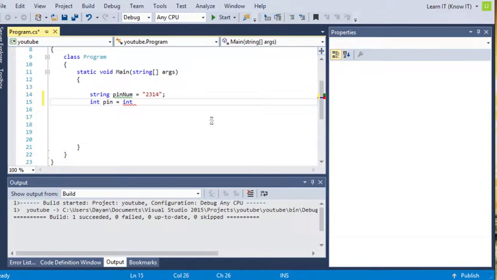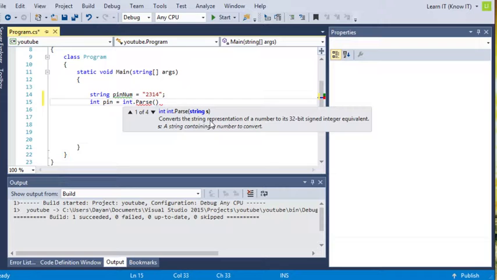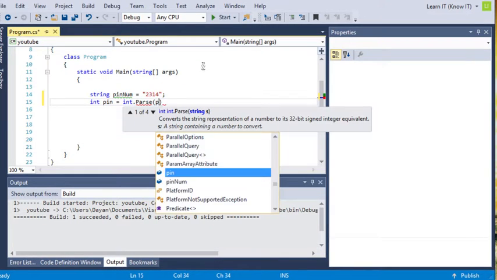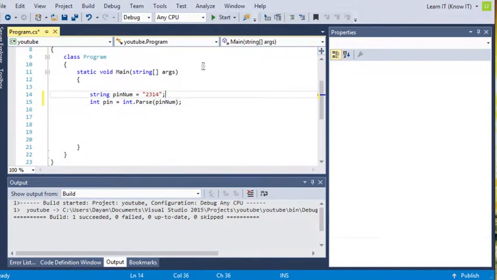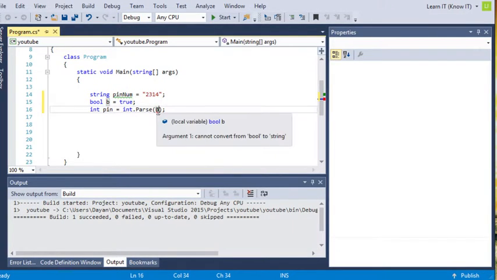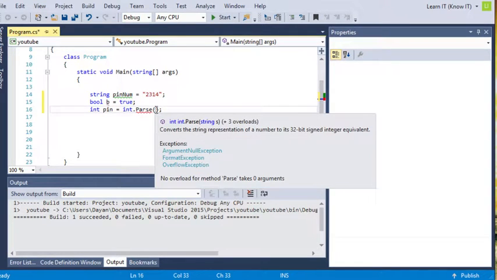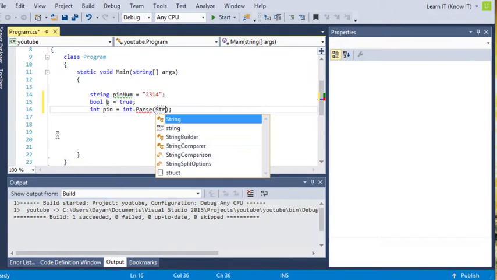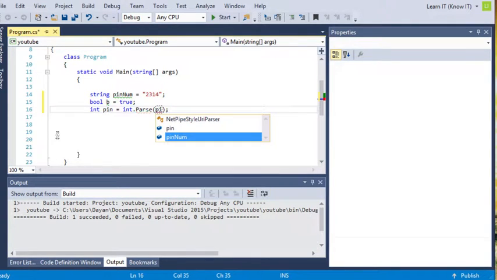So now int.Parse, and now we want to select the value that we're going to pass through. And in fact, if you read this thing here, it says that it'll work with a string, and we'll do pinNum and then close it. So here what I'll do is we'll create a bool b equals true, and over here just take a look at b. Now, as you can see, it shows an error. So what we can tell by this little line in here, it says that we can only use strings. Well, we can use strings in this. This is one of the values. So pinNum,